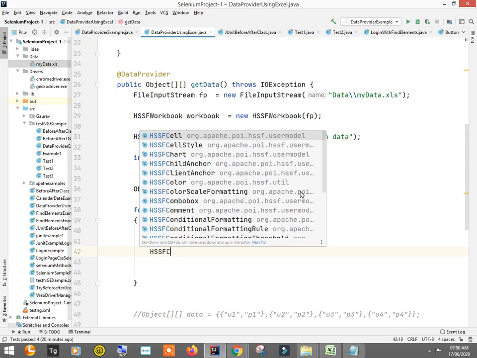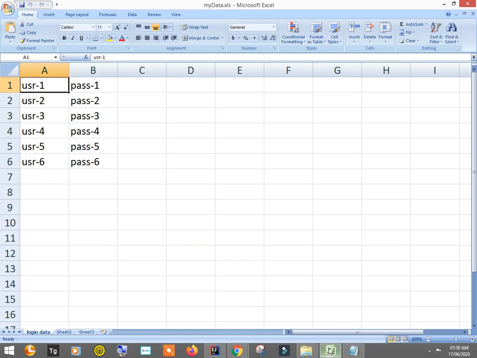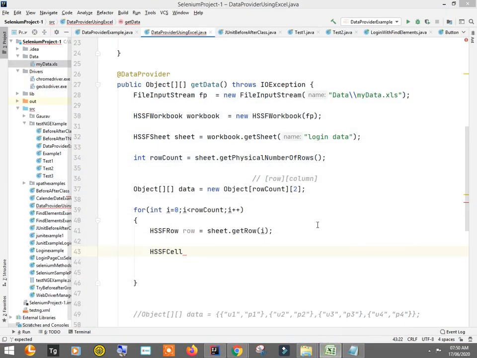To get the cell, we have HSSFCell. Okay, so the first cell belongs to the username, so I'll name it username. This is just a variable name, so you can give any name, row is a variable too, but just to have user friendliness in the coding, I've given some meaningful names. So HSSFCell username, right?